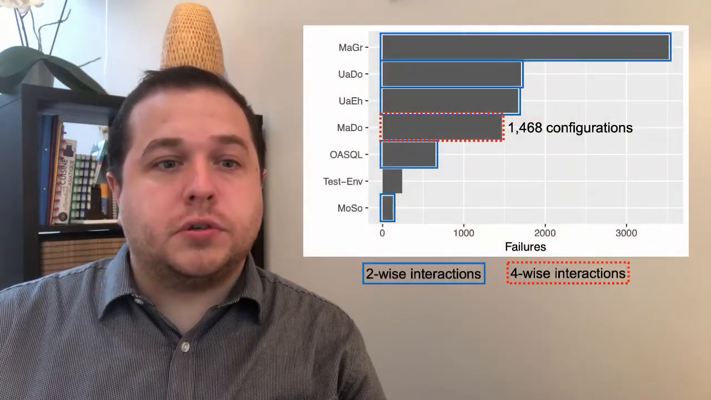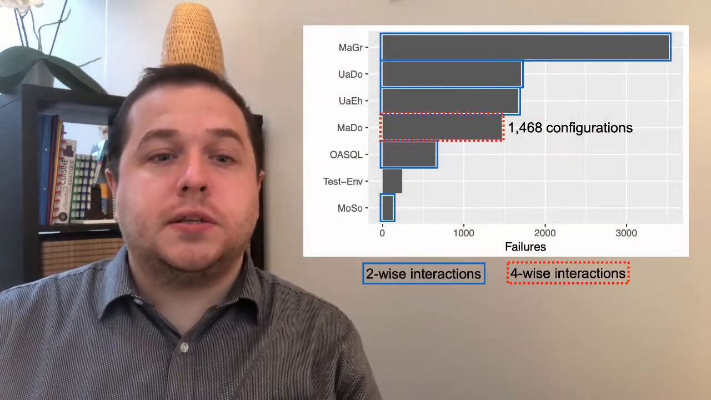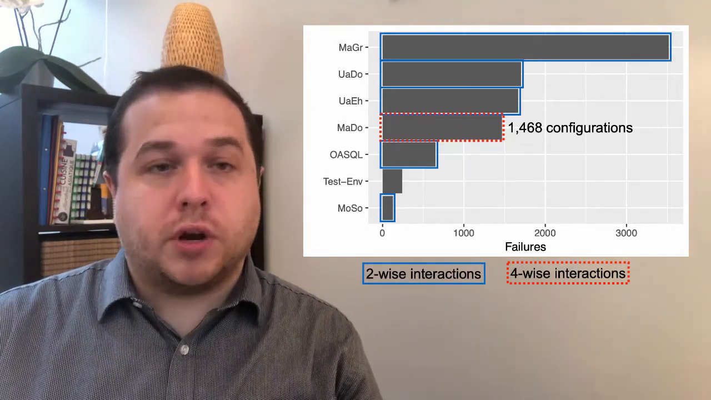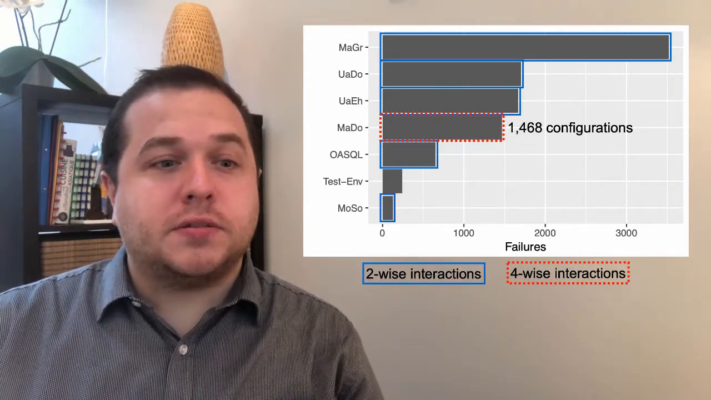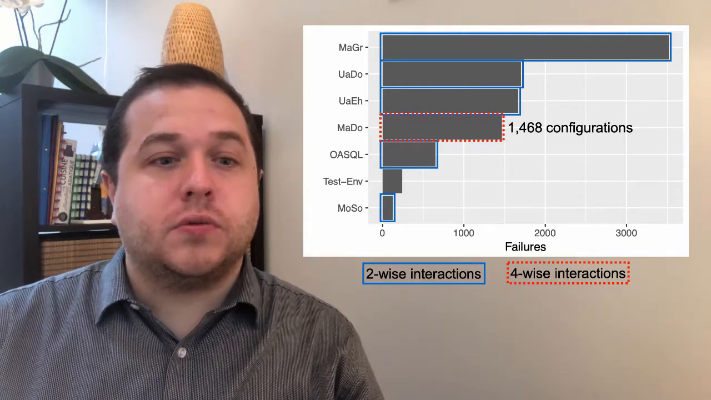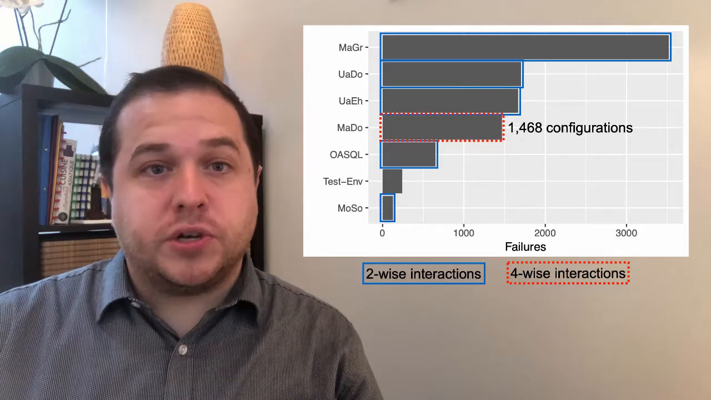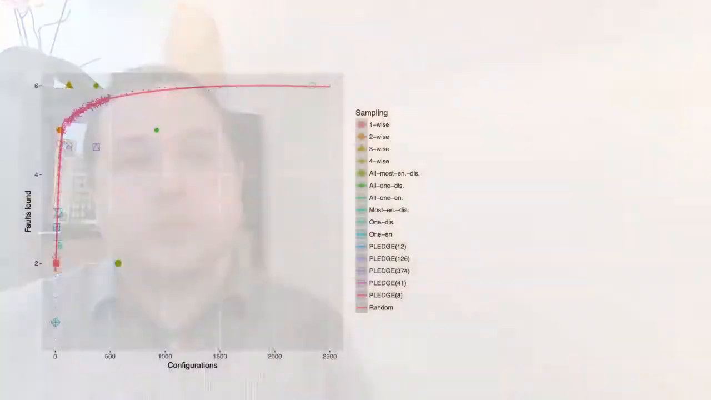Looking at the portion of failure per fault, we see that the most failures are caused by pairwise interaction faults. Only 1,468 configurations were failing due to an undesired interaction between 4 configuration options. So now that we have the result of the test for each configuration, we can compare the different configuration sampling